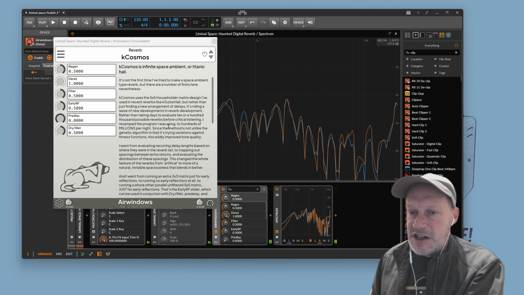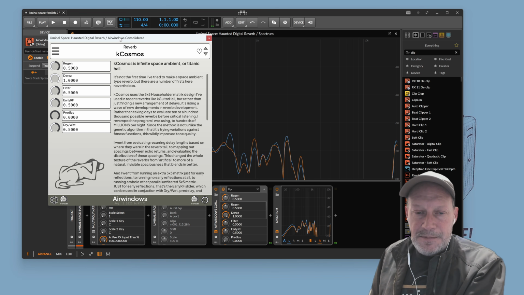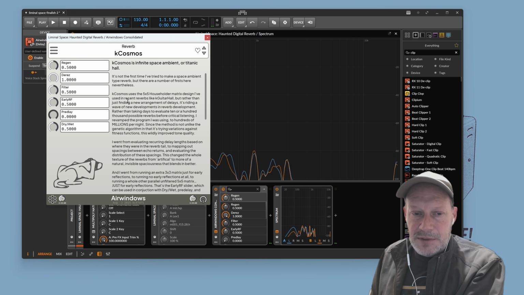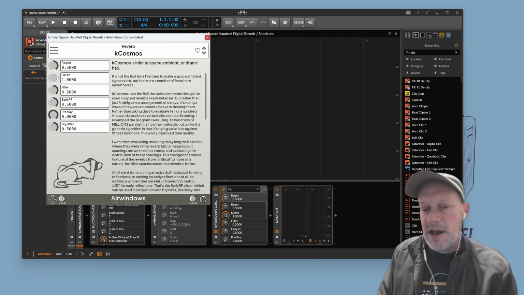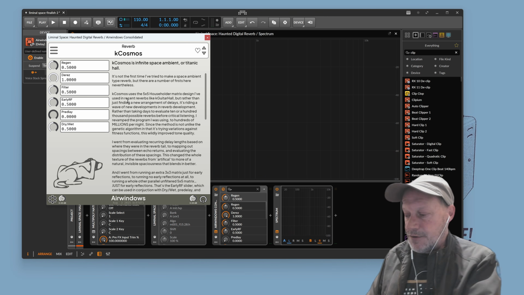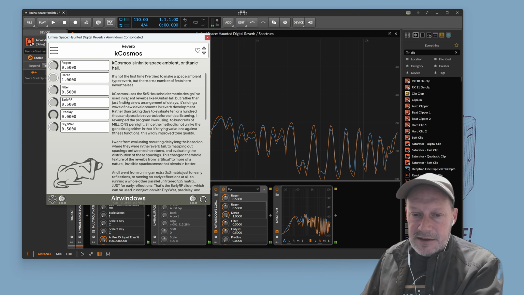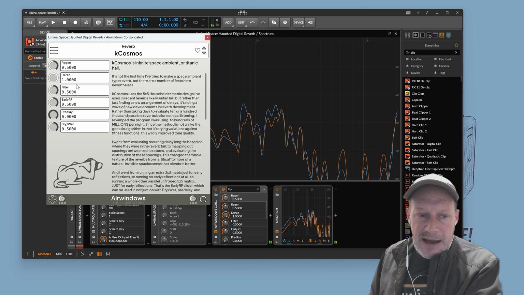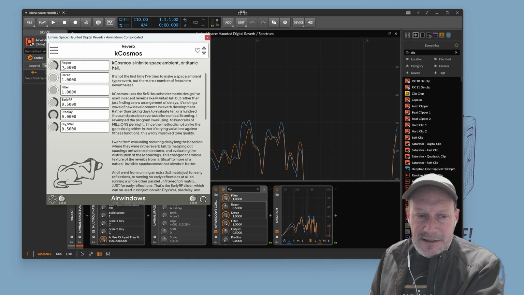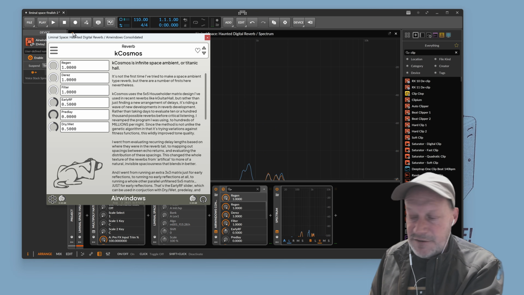And he had sort of challenged his viewers that if you could build the plugin yourself, you could create your own algorithms for it. And the algorithms for this reverb are really just the settings for the 25 delay lines. It's a 5x5 Householder matrix. It does all sorts of cool things, but it's got just a very small number of controls, as you can see. There's regeneration, and it will go infinite,